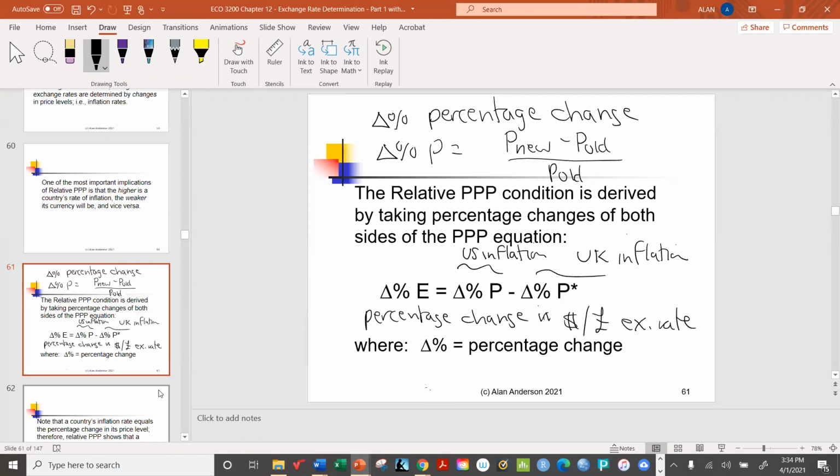Well, it turns out, and I'll tell you now, I guess maybe we could find a video for this, but it turns out that in practice, this actually works much better than absolute PPP. It does appear that high inflation rates are going to cause a currency to get weaker. In fact, you can tell just by looking at this equation, if the US inflation rate is greater than it is in the UK,